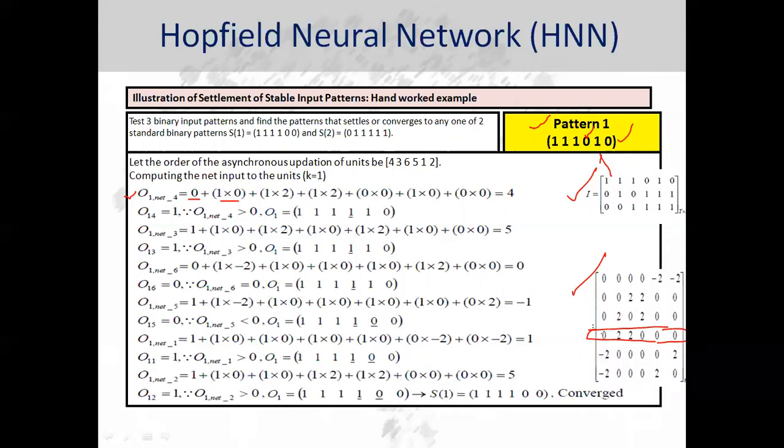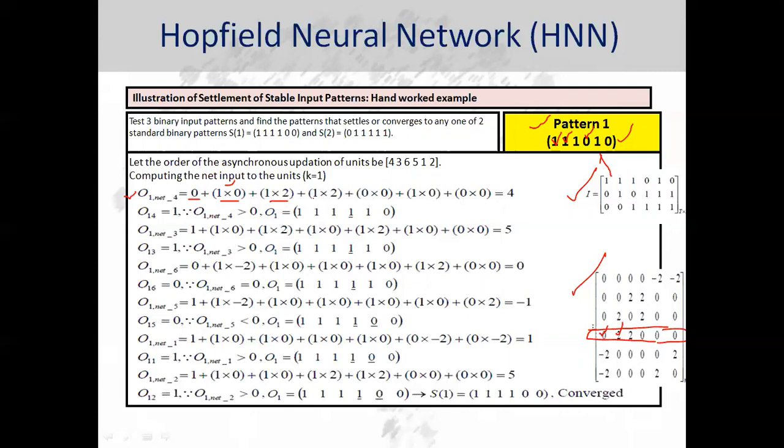So the first weight, which is equal to 0, corresponds to the first feature's value, which is equal to 0. So we need to multiply them. So 1 into 0 becomes this term. Now pick up the second feature, which is equal to 1. Pick up the second weight from the weight vector, it is equal to 2.